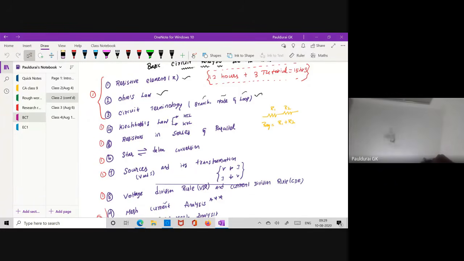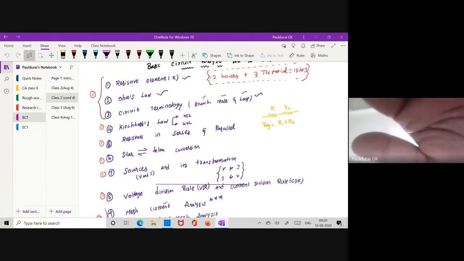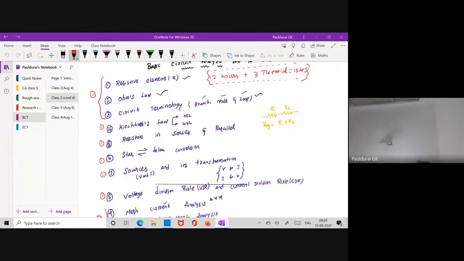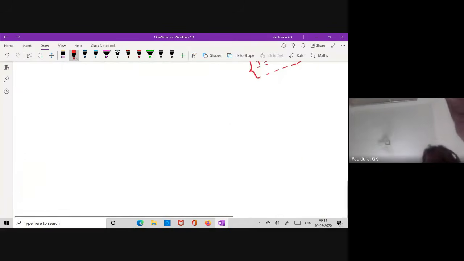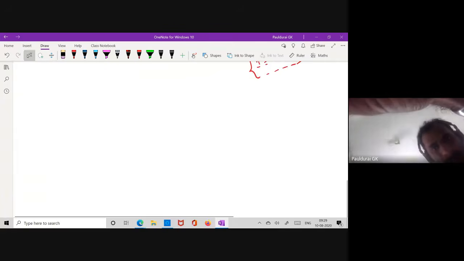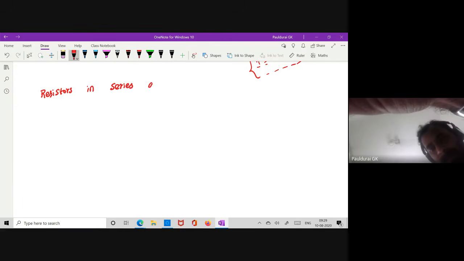So now I want to teach the 5th topic, right? Resistors in series and parallel. That's very interesting. So now put the heading: resistors in series and parallel. This topic is also quite interesting, but